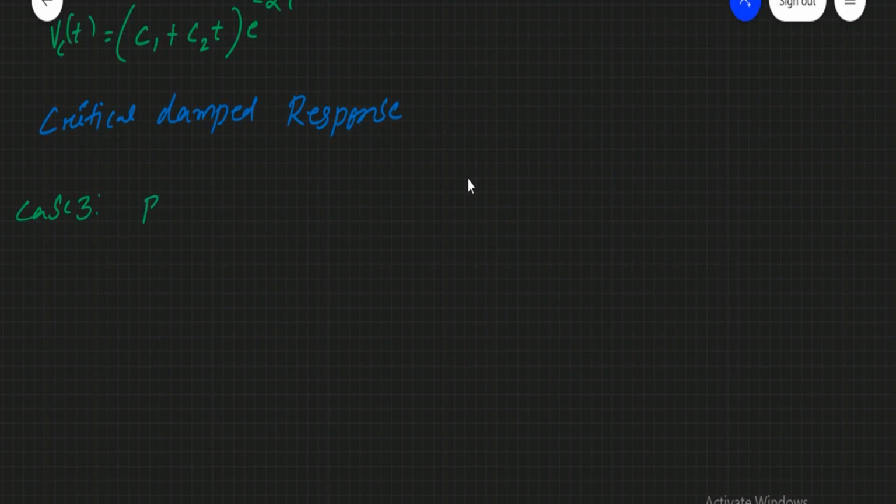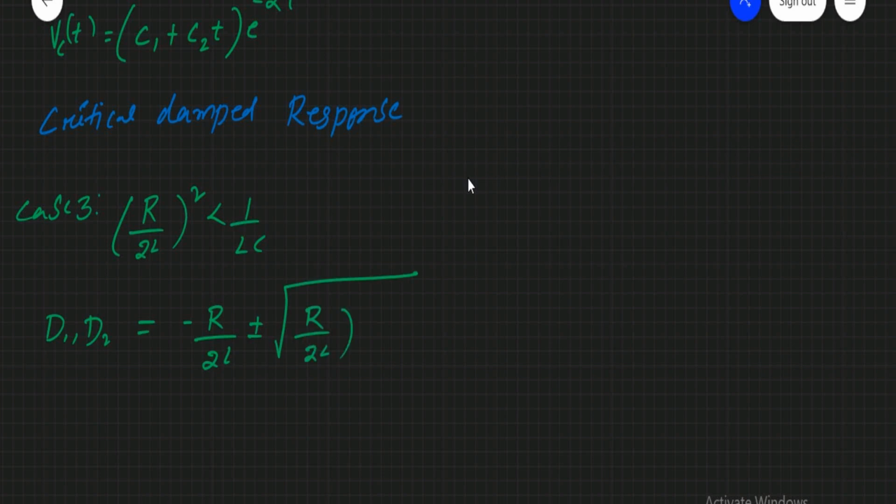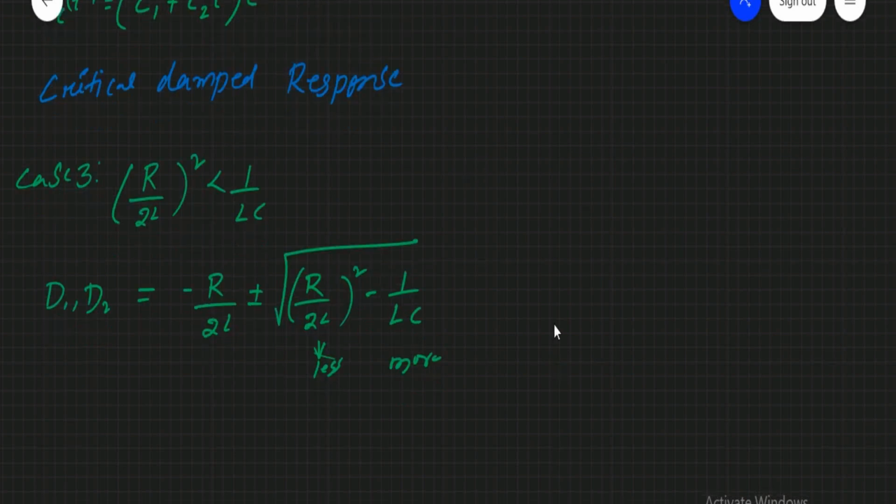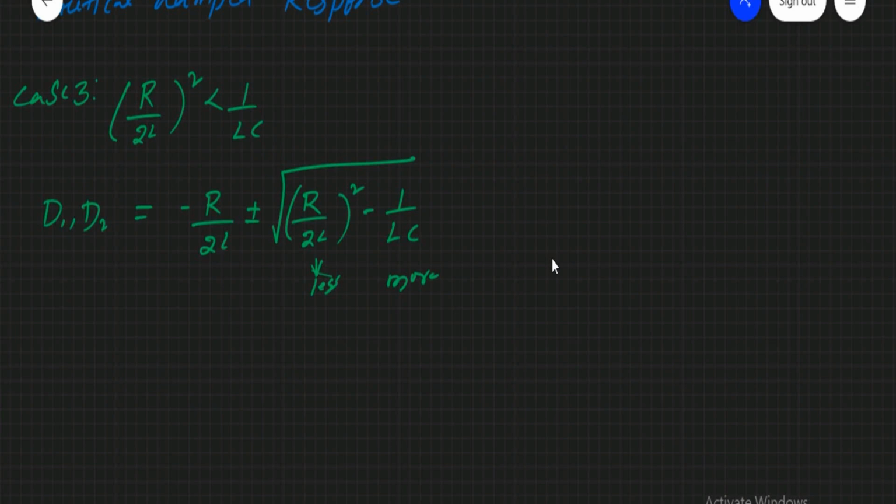The third case is (R by 2L) whole square less than 1 by L into C. In this case the roots D1, D2 are minus R by 2L plus or minus under root of (R by 2L) whole square minus 1 by L into C. If this value is less and the other is more, then the total value in the root becomes negative, and the root of a negative gives you j terms. So in this case the roots will be